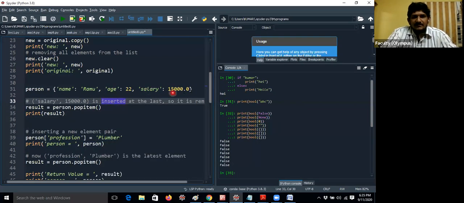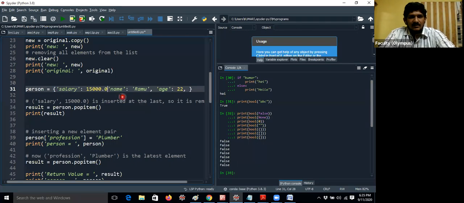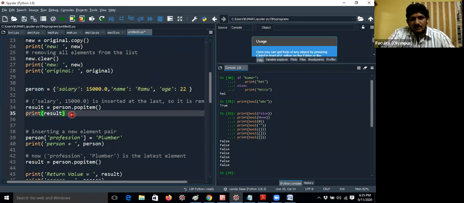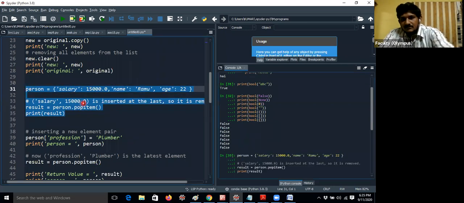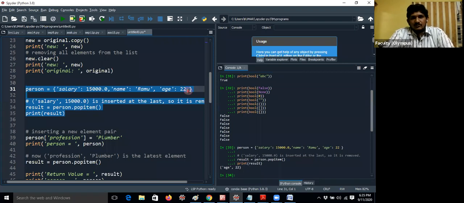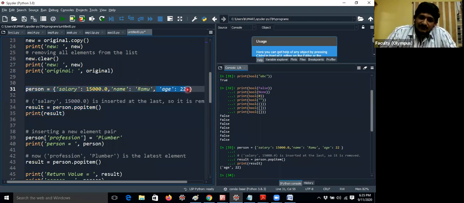For example, let me remove salary. I am giving first name and comma. Now age 22 is the last item in the dictionary. Whenever I give person as a dictionary, person.popitem(), then if you execute this, age 22 will be the output, because this is the last item. That's all, simple. Any more doubts, guys?